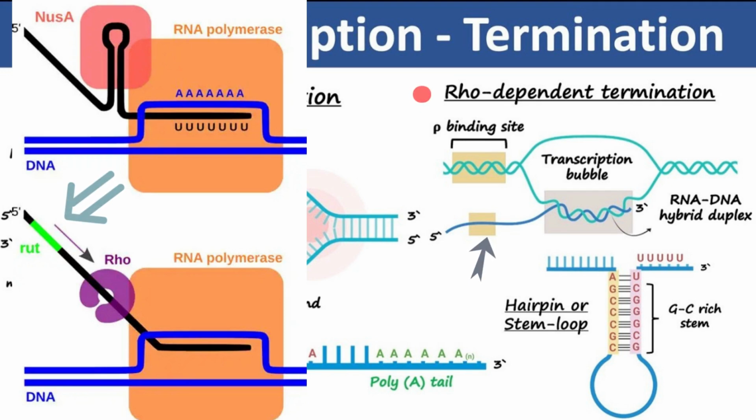It starts from, let's say, halfway. So that point where, let's say it's 100 meters, the 50 meters there, is called the RUT site. In biological terms, it is the site where the Rho starts the chase from. So it starts chasing the